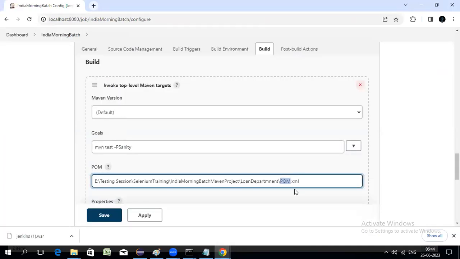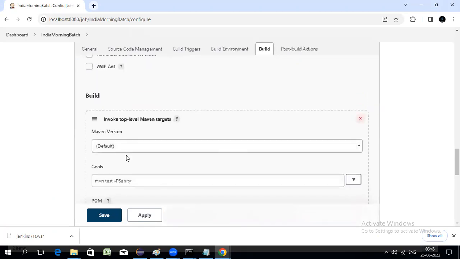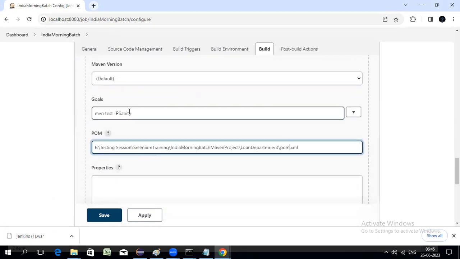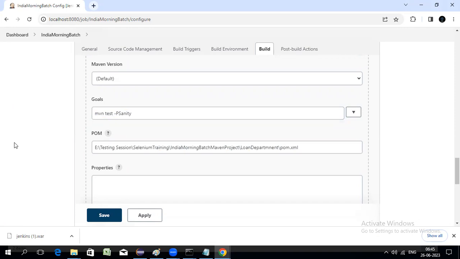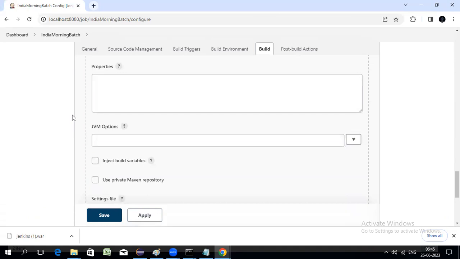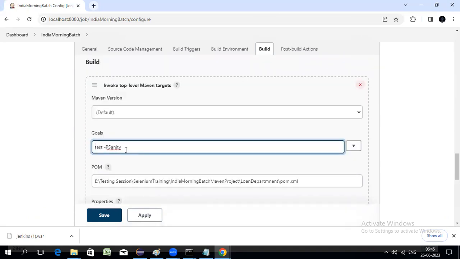Is everyone able to follow what we are trying to do? In the build, we are just giving the command which I have to run, and this is the pom.xml, because this is the file from where we are executing. Here, MVN is not required because it is already a Maven project. By default, it will consider MVN. Clear? So the command is just test